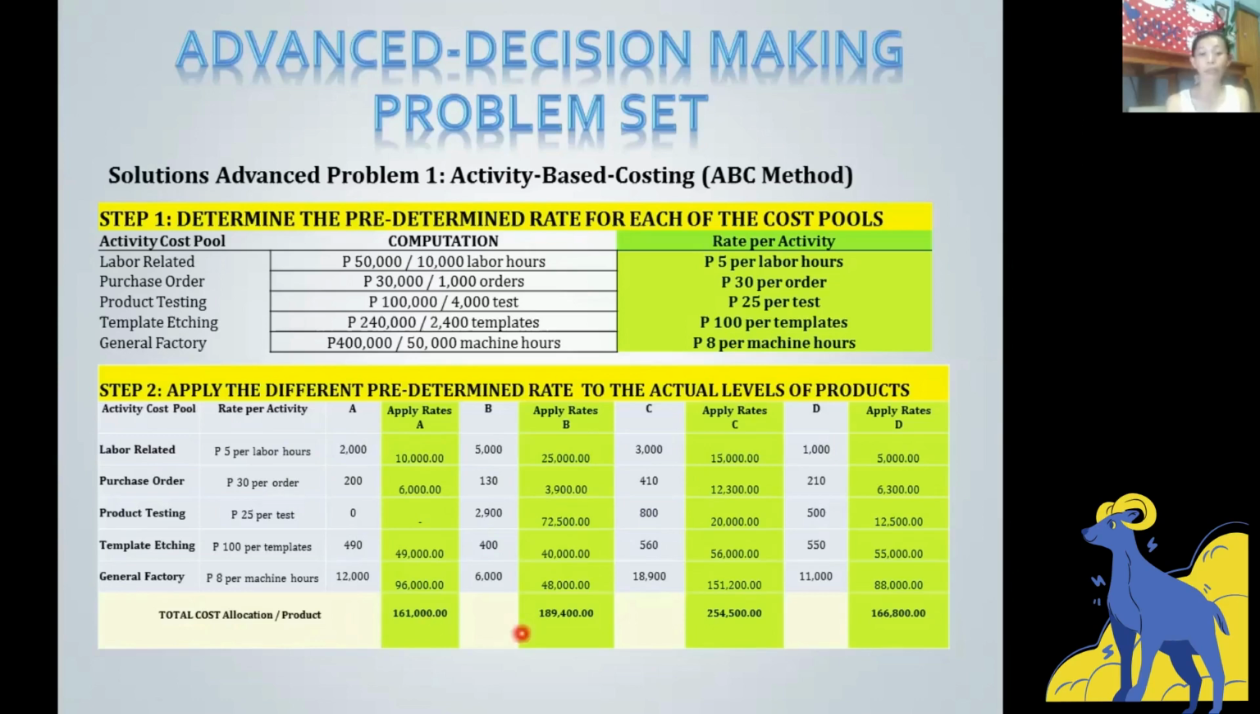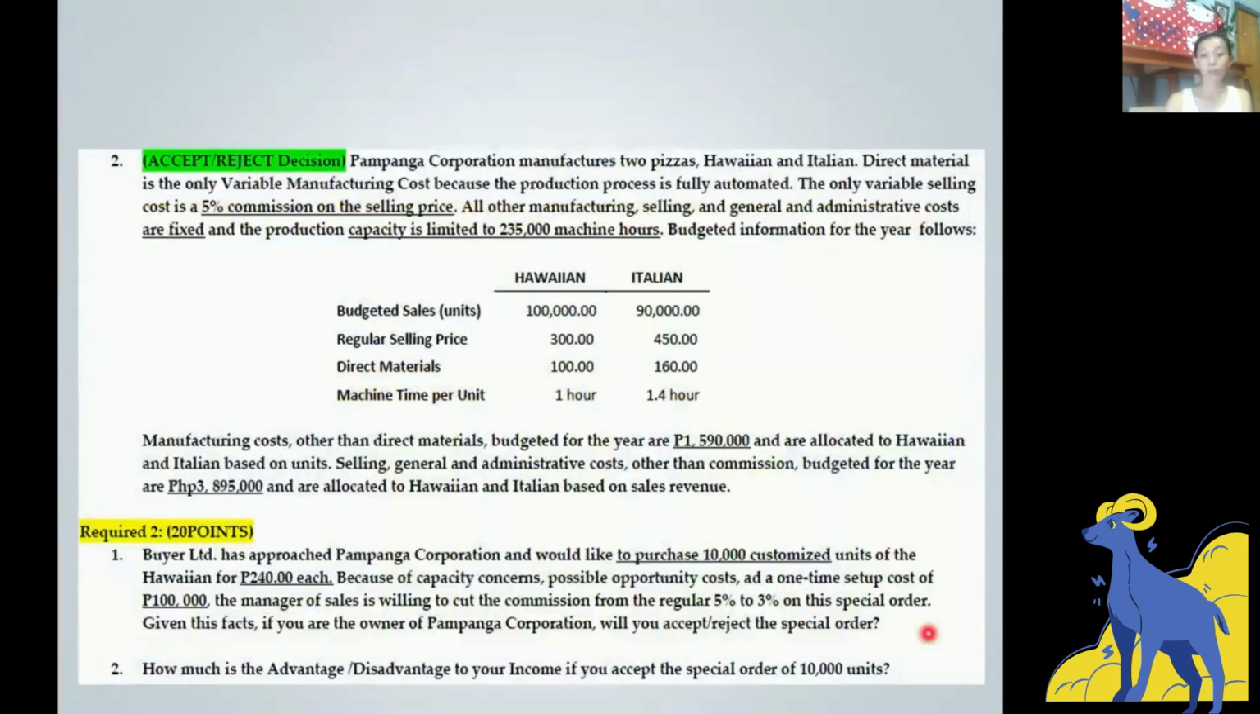We know that for the 5 activity levels, product A has consumed a cost of 161,000 pesos. Product B consumed a cost of 189,400 pesos, and product C has 254,500 pesos, and product D consumed 166,800 pesos. So therefore